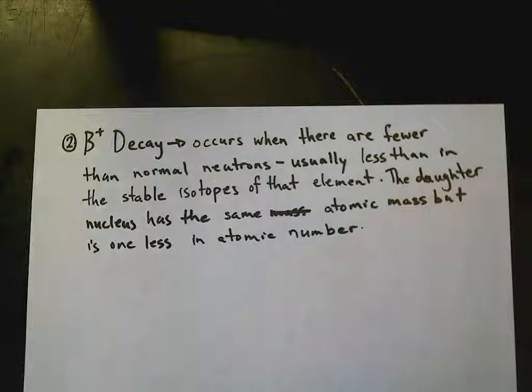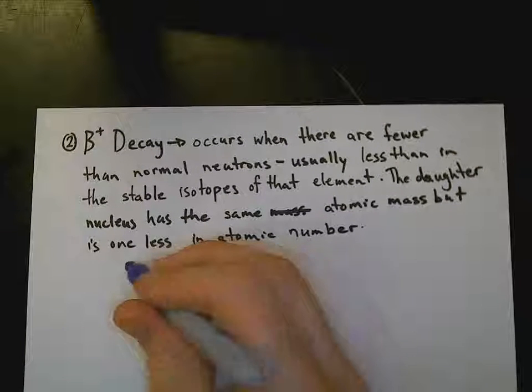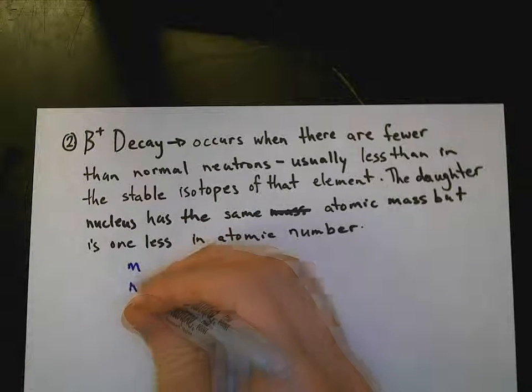And in beta positive decay, we have a decay series formula as well. If we have our original nucleus,